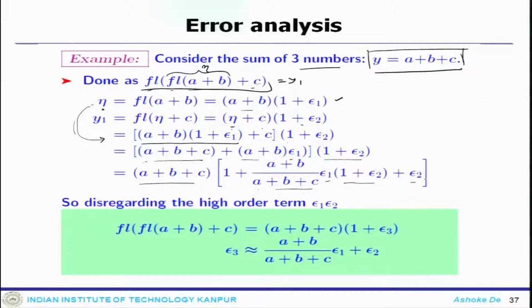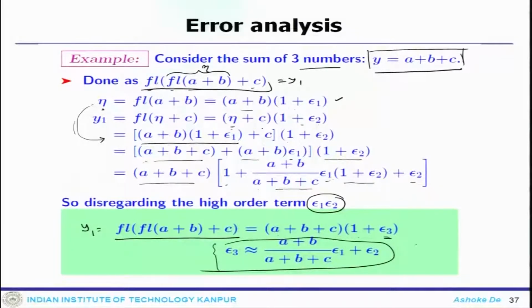So, there are terms which are associated with epsilon 1, epsilon 2, and then if you disregard those higher order terms, that means the product of epsilon 1 and epsilon 2. If epsilon happens to be small, this won't contribute too much, then the whole calculation, which is essentially your y1, is (a plus b plus c) into (1 plus some epsilon 3). So, epsilon 3 is nothing but a plus b by y times epsilon 1 and epsilon 2,